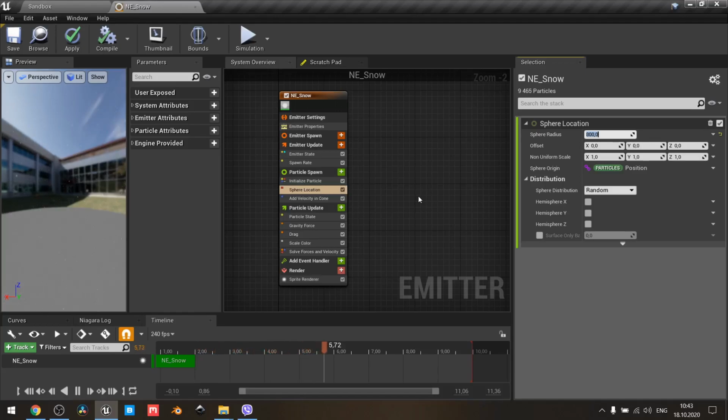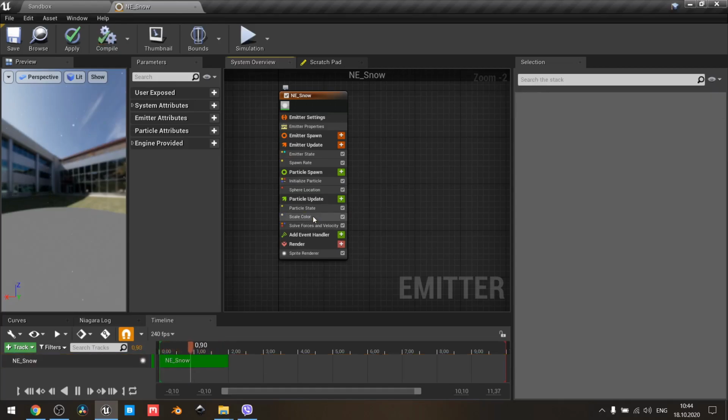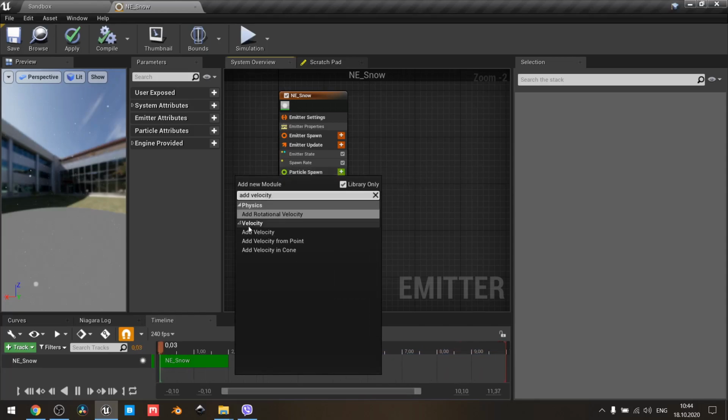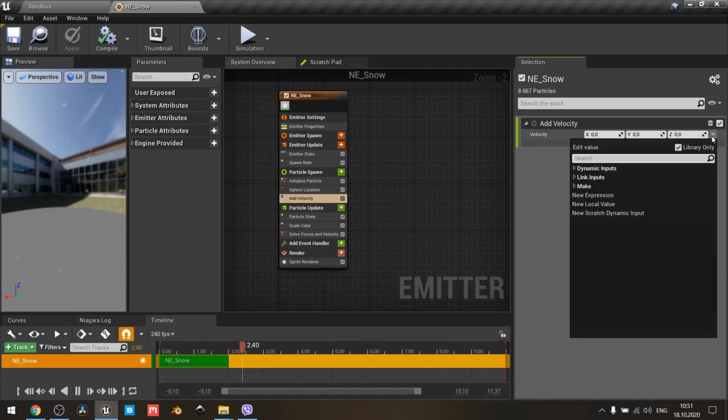Now we need to adjust our dynamic parameters. As I said earlier, we actually don't need physically correct behavior. Simple velocity with a little bit of randomness will be enough. So we can delete add velocity in cone, gravity force, and drag. Now, in particle spawn stage, let's add simple velocity. As you can see, we have a simple three-dimensional vector and it has no randomness in it. So let's change it. On the right side, near the z-axis value, click on the arrow icon, search for